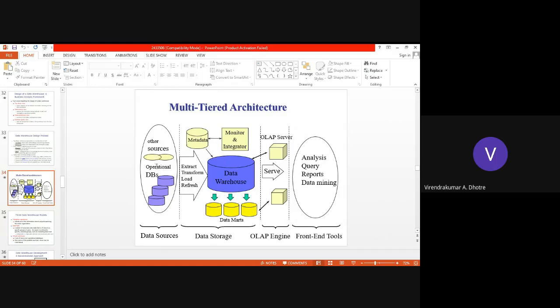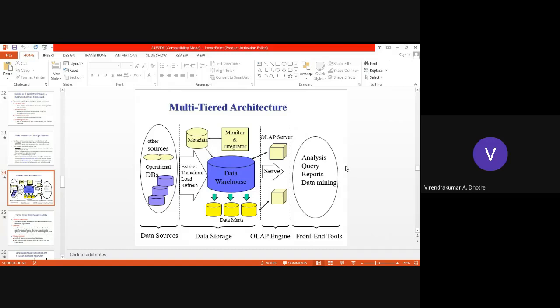So there are data sources from where data will be collected, and this is how it is stored. OLAP engines are where we are processing it. And analysis, query, reports, data mining: these are the front end tools.